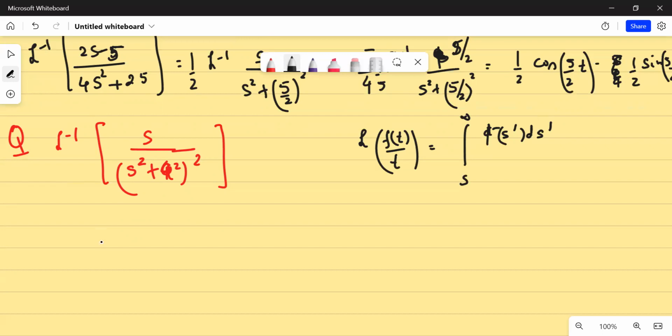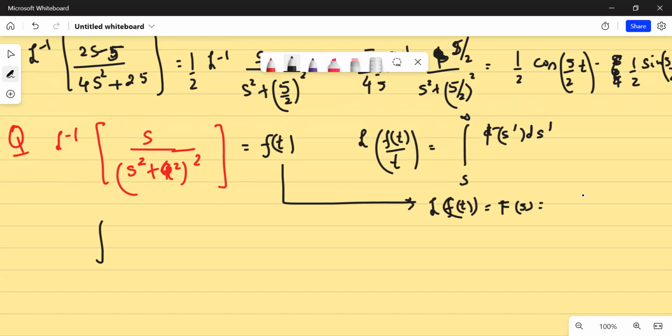So one of the good things can be that let us say that the inverse Laplace transform of f(t), or in other words, the Laplace transform of f(t) is F(s), and this F(s) is equal to s upon (s square plus a square) whole square. So if I integrate this thing, I know that I'm going to get rid of this square. So I'll write 1 upon 2 here, and then I will write 2 here, and this is like s square plus a square. So deliberately, I'm integrating this thing